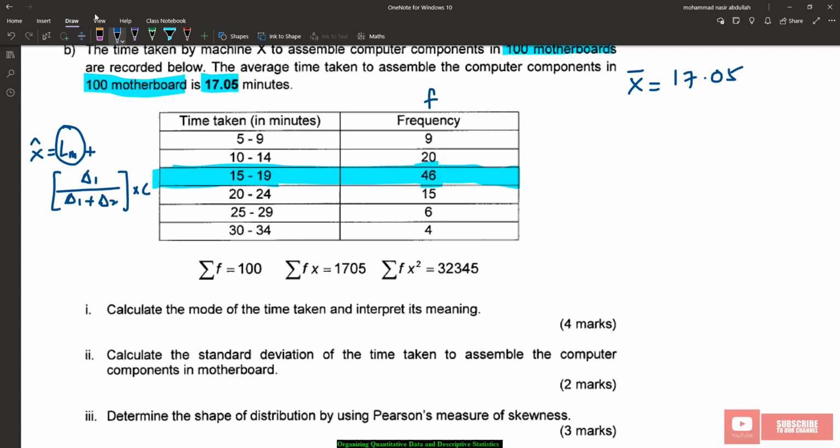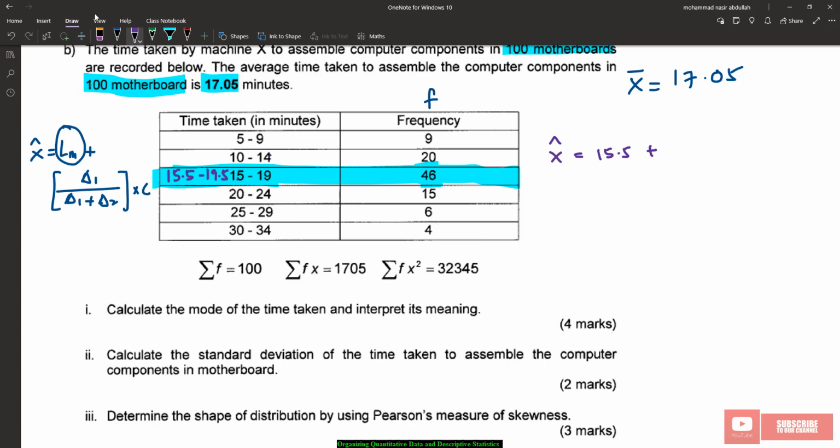So how to calculate class boundary? 14 plus 15 divided by 2. So we will get lower class boundary is 14.5 until 19.5. So the value of mode here, we put here, 14.5